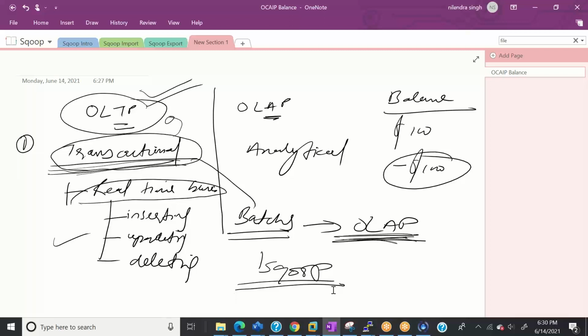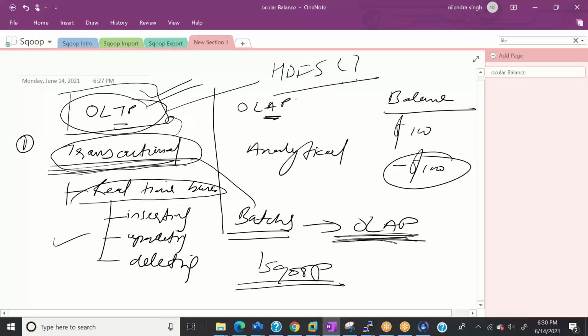The second thing is, now the question arises, why do we need an OLTP system? Why can we not insert data into Hadoop or HDFS directly? What's the reason we cannot have direct integration between the transactional system and HDFS? The reason is Hadoop is a distributed system meant for analytical purposes. In Hadoop, reading and writing are not that fast. They are meant for long-running queries. They are not as quick as traditional systems.